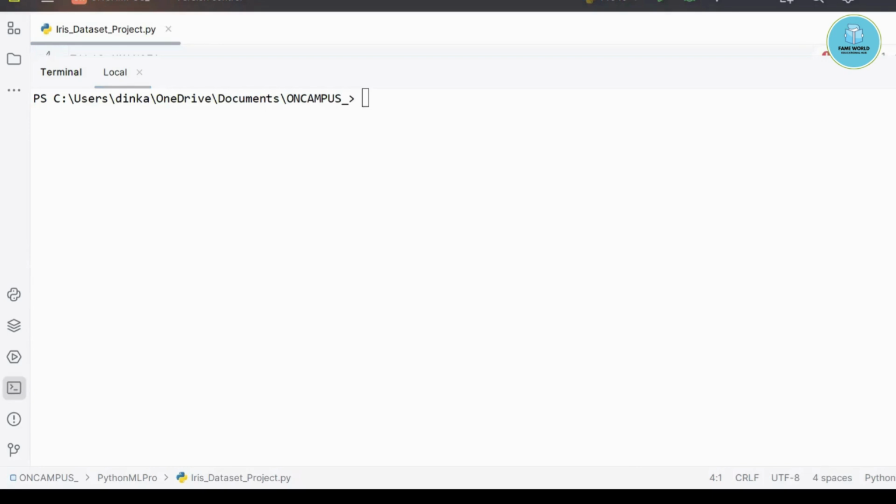you can just install scikit-learn also. Scikit-learn is the newer way to install sklearn. You can either use the sklearn module or the scikit-learn, which is the latest one. If you are using the latest version of PyCharm, you will be required to install scikit-learn, so write pip install scikit-learn.